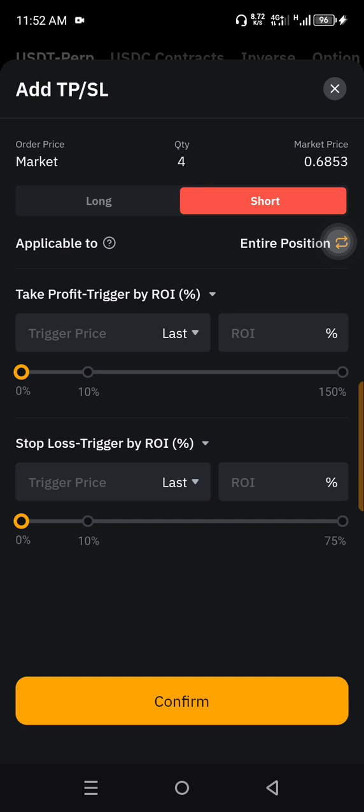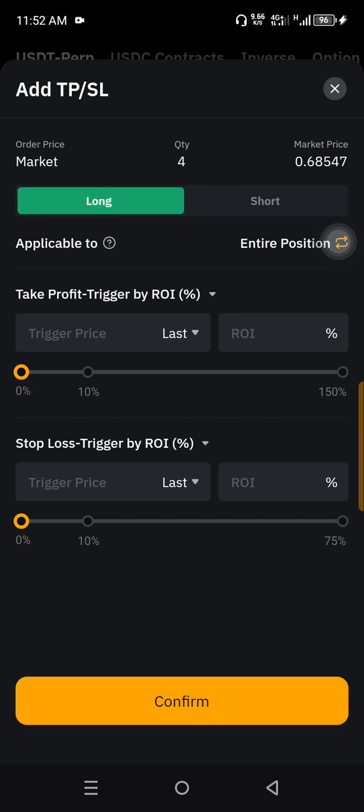So for any signal that was giving you, make sure that if it is long, come to this place, setting your take profit and stop loss. TP is take profit, and SL means stop loss. So you can come to this place and check this now. If it is long, you can use this place, and if it is short, click it to this place,